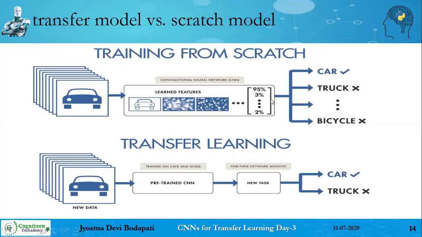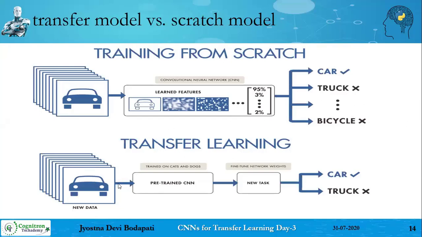So how does the ImageNet dataset produce the outputs? There are 1,000 labels and 1,000 outputs, and whichever output has the maximum prediction value, that label will be returned by the model. Even if it is not VGG16, it works in the same manner. That is how you train your model and get the predictions.